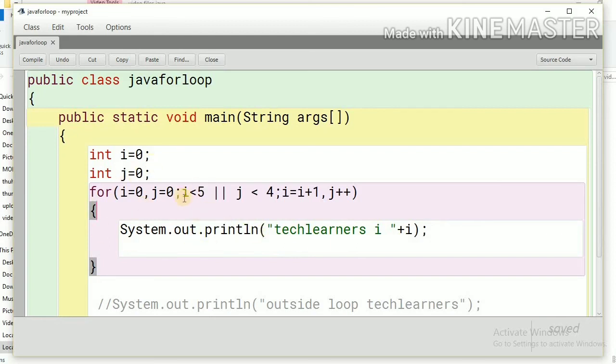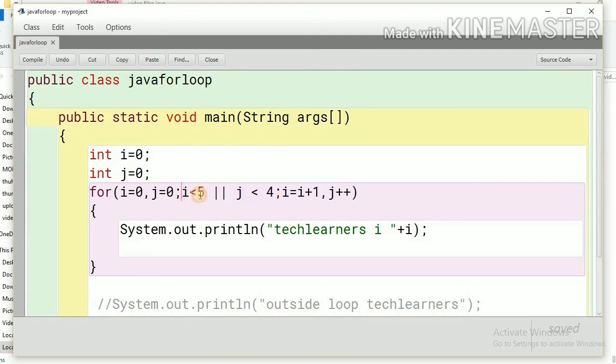Now it will keep executing, and once j is equal to 4 we will exit the loop. Why? Just see the condition here. We are checking either i is less than 5 or j is less than 4. Once j is equal to 4, this condition is false.